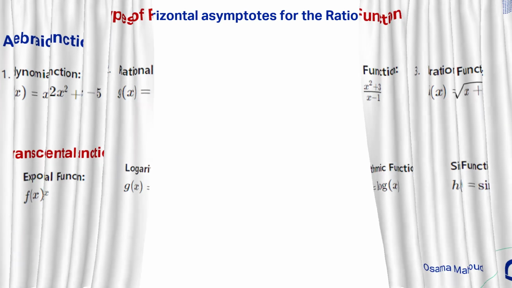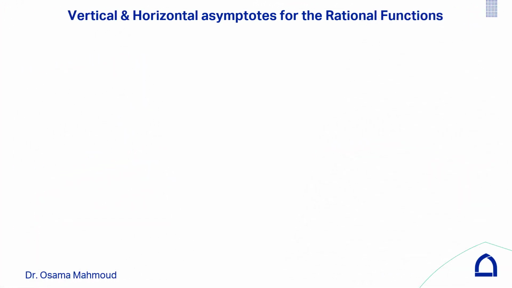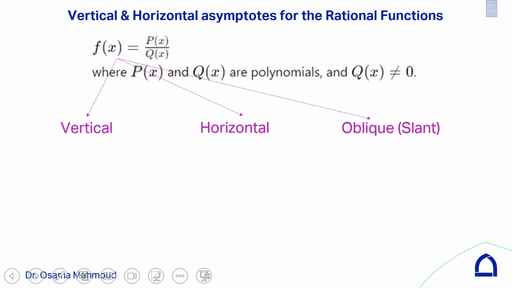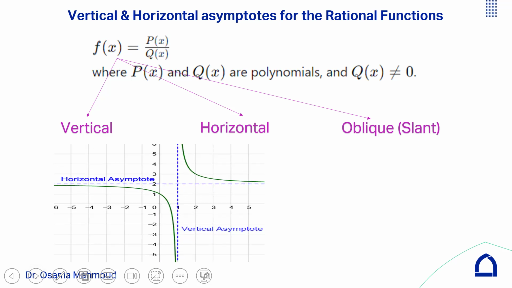Let's go for how we can find the vertical asymptote, horizontal asymptote, and oblique asymptote for the rational function. We have the vertical asymptote and horizontal asymptote. And if you don't have a horizontal asymptote, you have an oblique asymptote. So, this